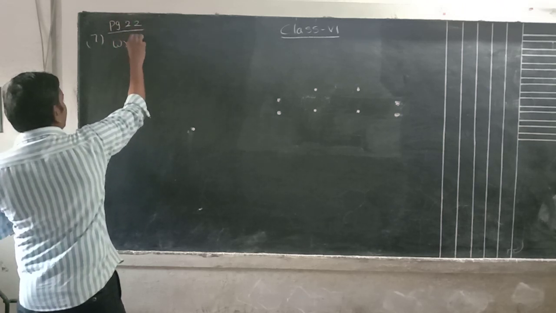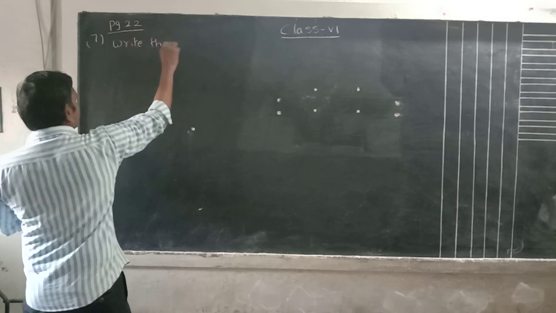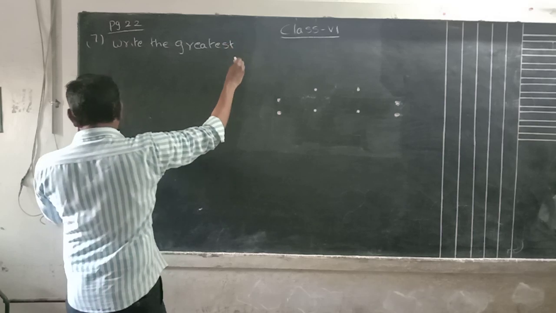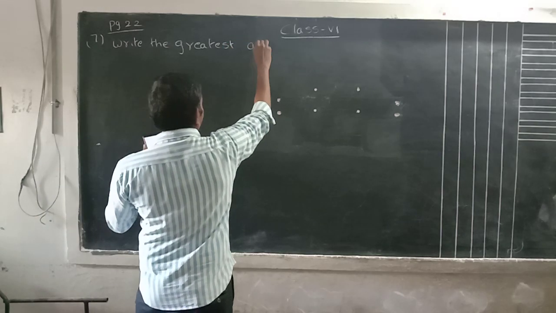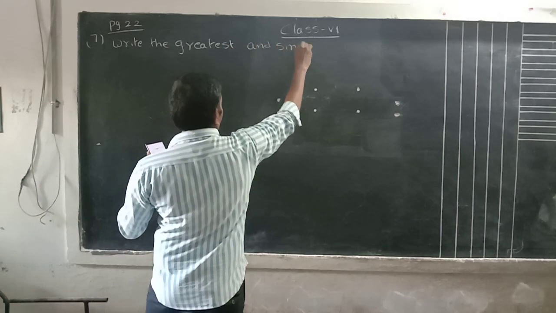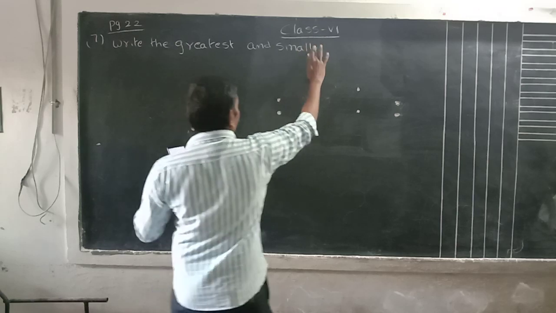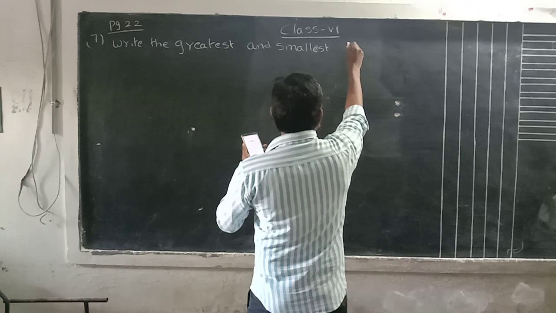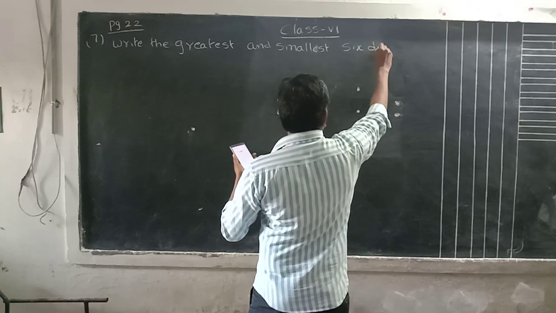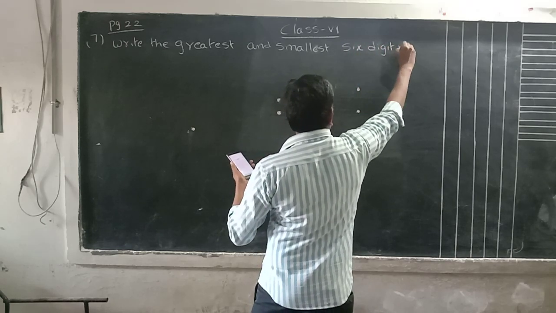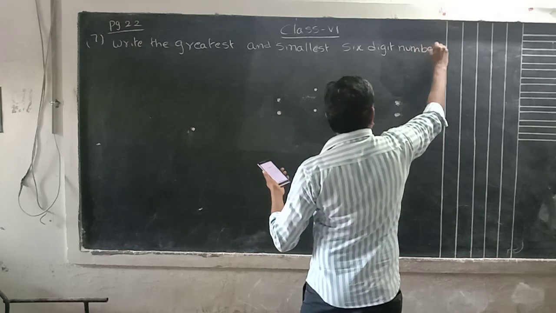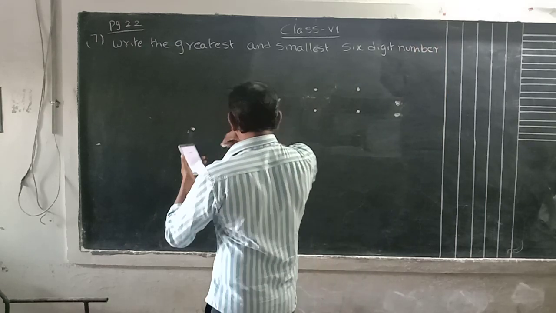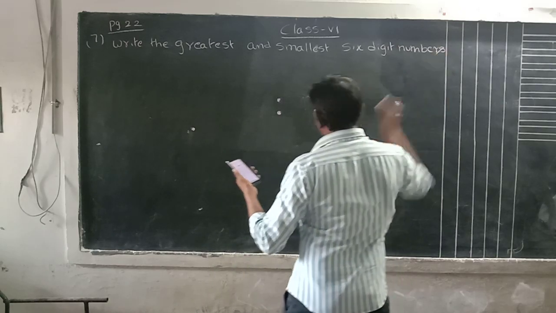Write the greatest and the smallest six-digit number formed by